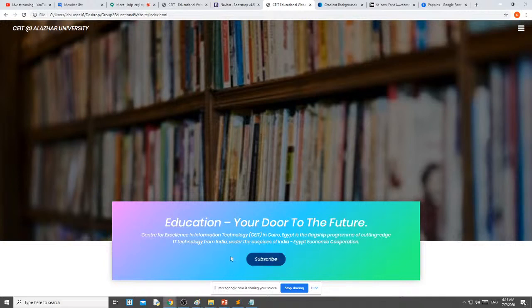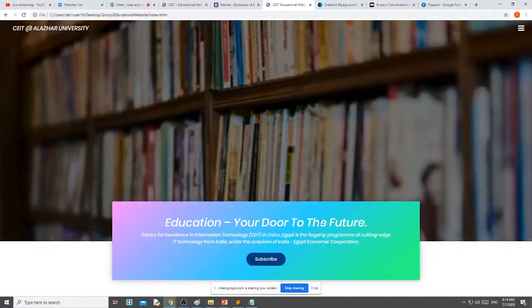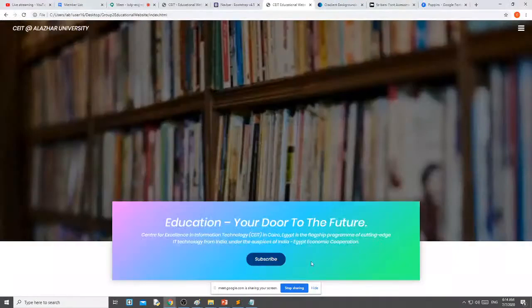Now there is no shadow around the button. Once I hover over the button, you can see a shadow around the button. That is the use of box shadow, and you can also see the shadow around this text box. If you want to see more shadow, you can change this value, suppose 0.8, and you can see more shadow. I need a little bit of shadow, that's why I am using 0.3.